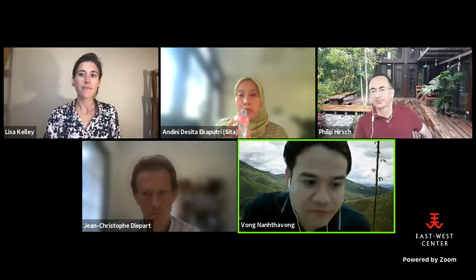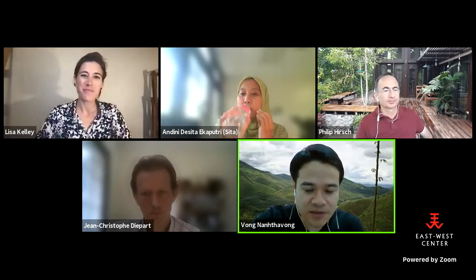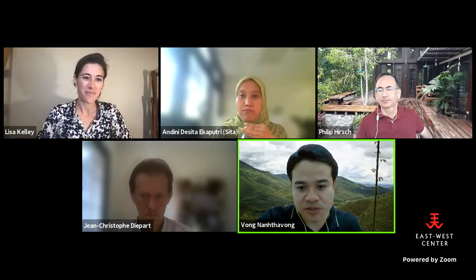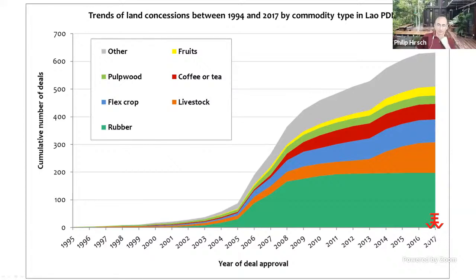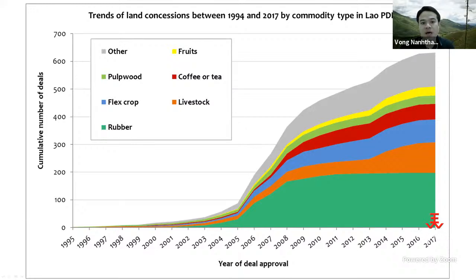Yes, if I can have 1 minute, if you can put up the slide, just really a summary related to the question of how investment responds to the decrease of the rubber price. As you can see in this graph, since 2007, 2008, because of the decrease of the rubber price, the new investments shifted to other commodities, including livestock and also flex crops,